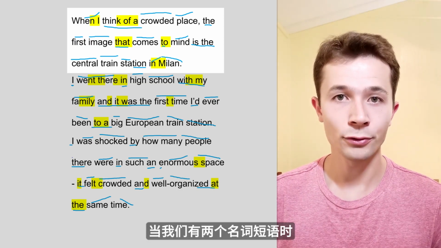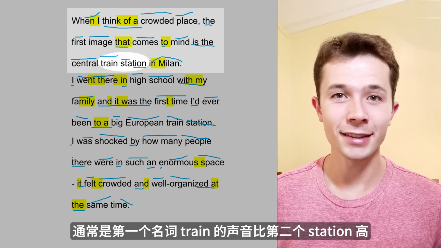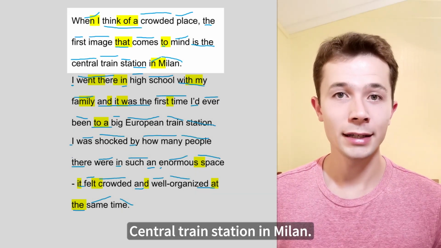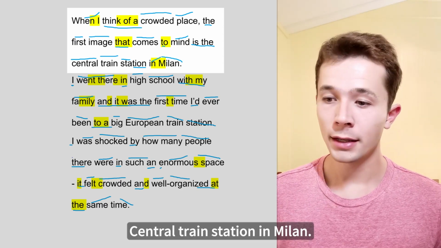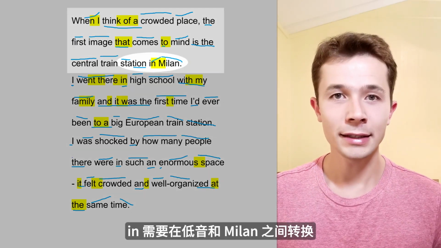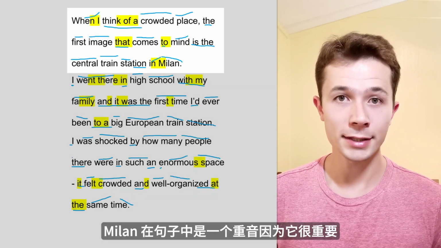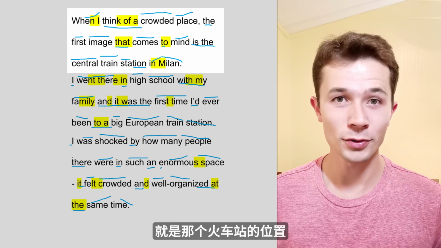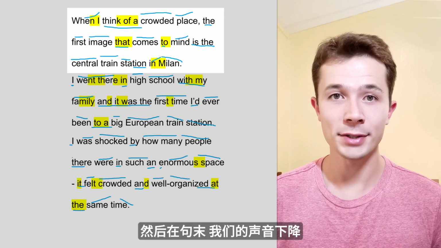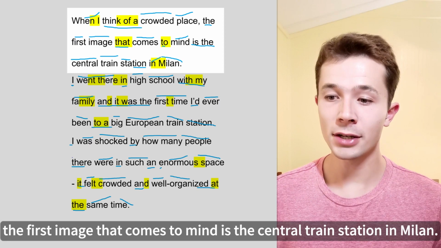So when we have a two-noun phrase, usually the first noun, here train, is a higher pitch than the second noun, station. Central train station in Milan. And so station ended on kind of a lower tone. In needs to transition between that lower tone and Milan, which is a stressed word in the sentence because it's important. It's where the train station was, so we stress it, in Milan. Then we go down with our voices at the end of the sentence. When I think of a crowded place, the first image that comes to mind is the central train station in